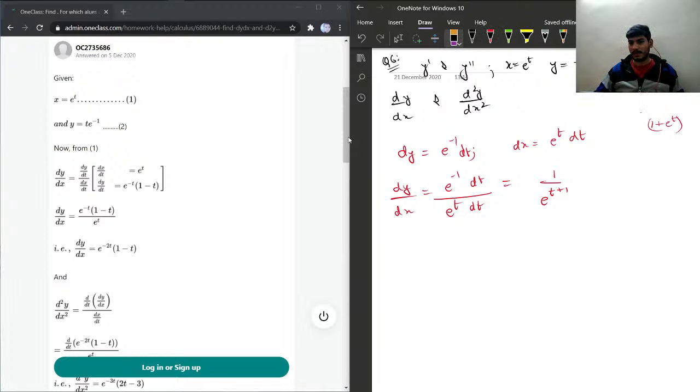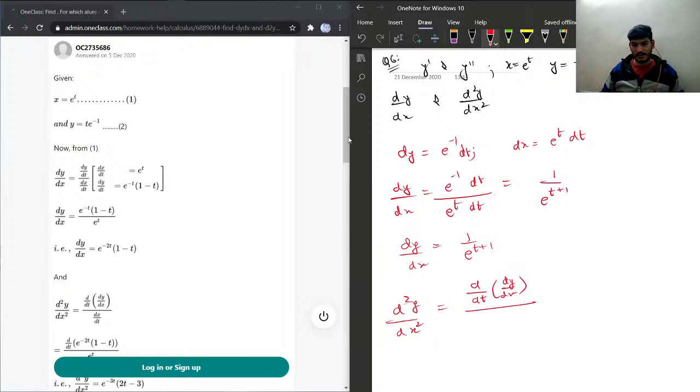I'll just proceed with my solution, because if we take the derivative of y, then this e will become 1 and e power minus 1 is a constant term, and so this is dy by dx, 1 over e power t plus 1. For second derivative, what we'll do, we'll take d dt of dy by dx and